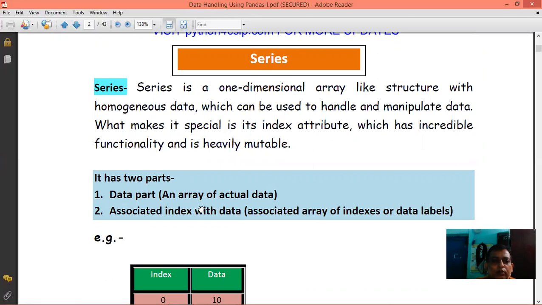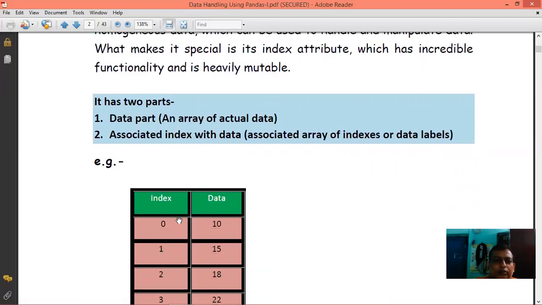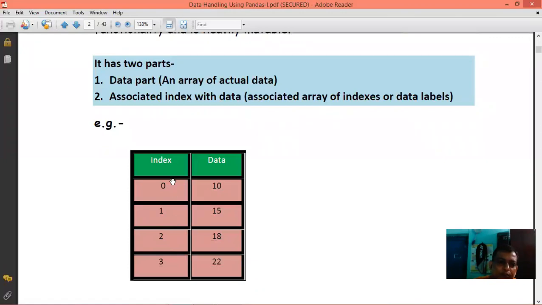What is a mutable data type? Already you know, mutable means that which can be modified easily. So Series has only two parts, the data part and the index part.